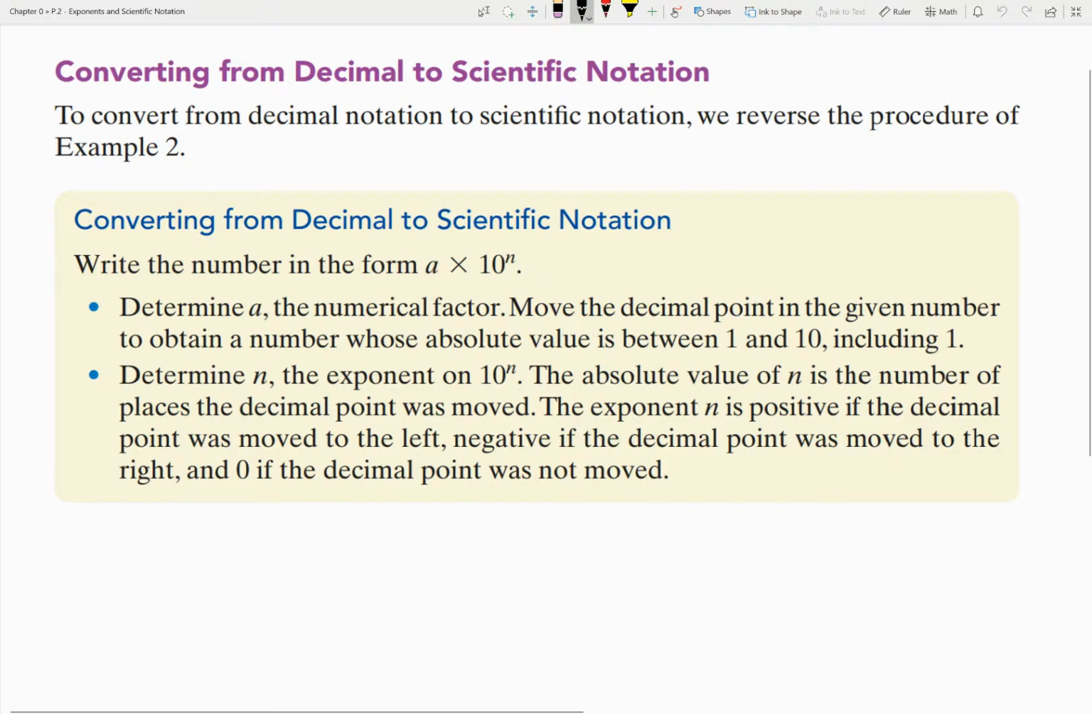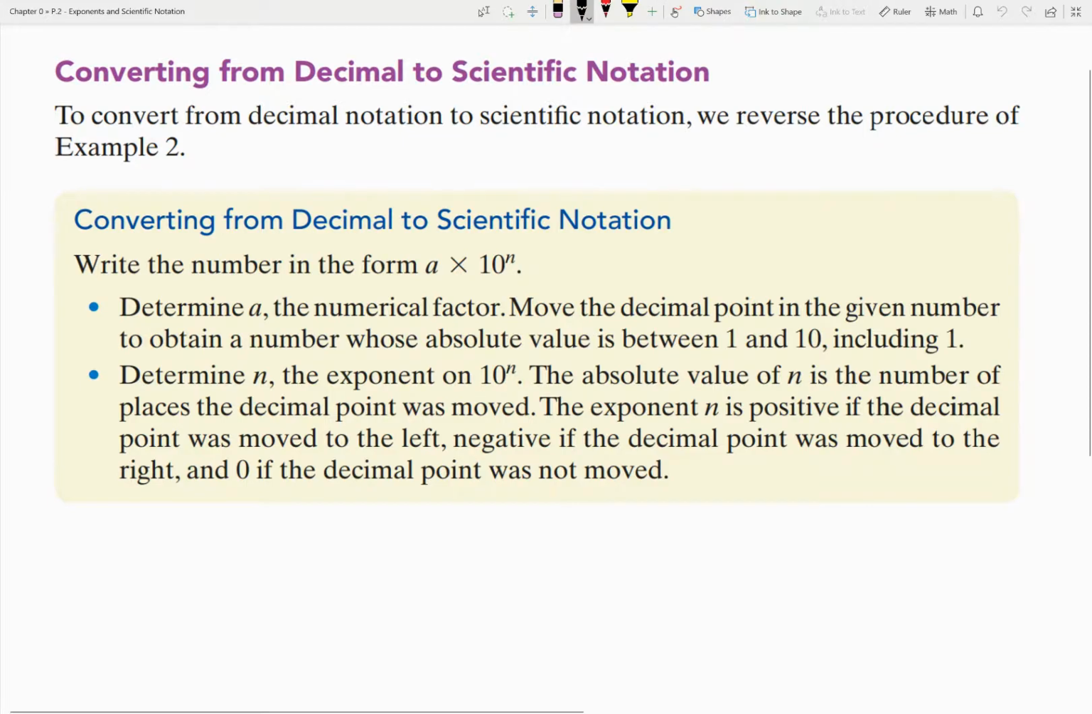So the opposite is also true. So convert from decimal to scientific notation. We reverse this procedure. So first, you determine the numerical factor, and then move the decimal point the given number of places to obtain an absolute value between 1 and 10. And then determine the exponent. The absolute value of n is the number of places the decimal point was moved. Doesn't matter left or right. Okay, if it's left, if we're moving the decimal point to the left, it'll be negative. If it's right, we'll get a